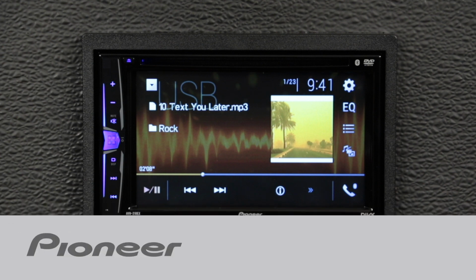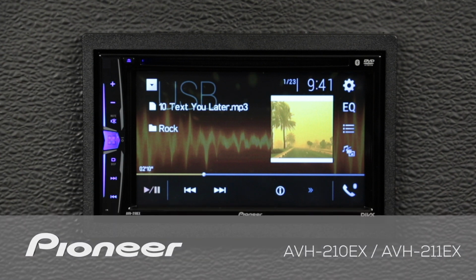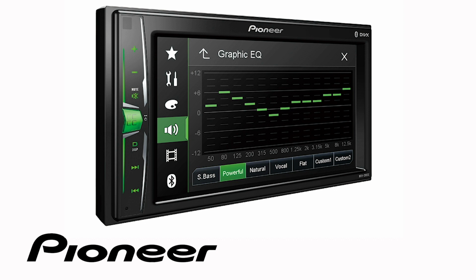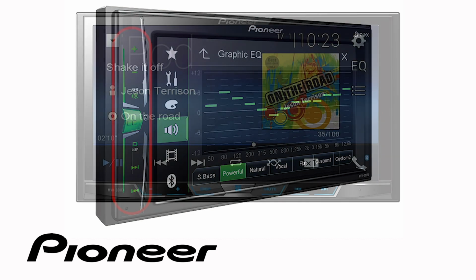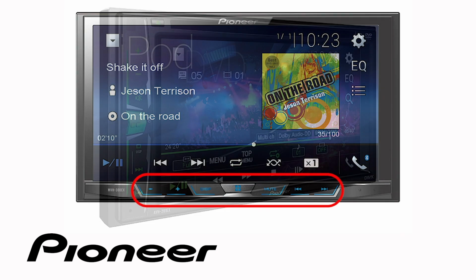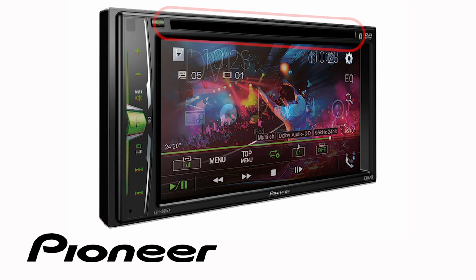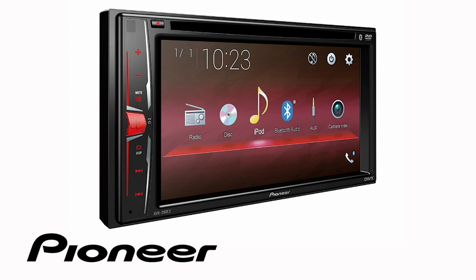In this video, we'll show you how to set up the subwoofer output both on the RCA output and on the rear speaker level output on your new Pioneer in-dash receiver. Even though your particular in-dash receiver may have buttons on the side or along the bottom like this one, and may or may not have a DVD player built in, the on-screen and button operation in this demonstration is identical for the following Pioneer AVH-EX models: